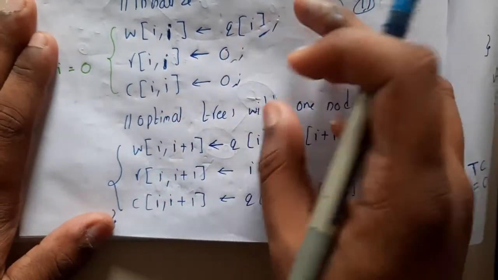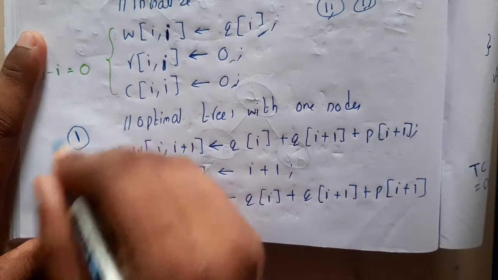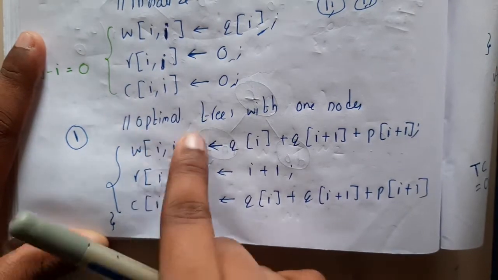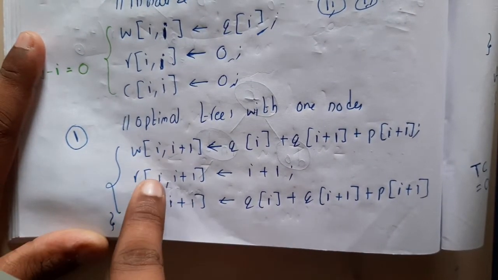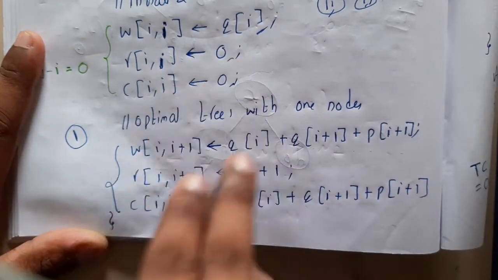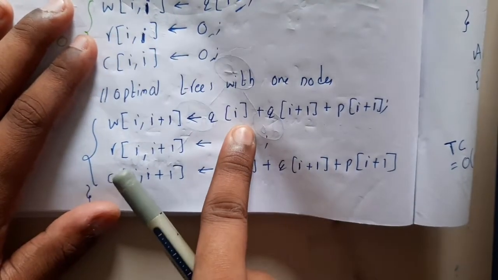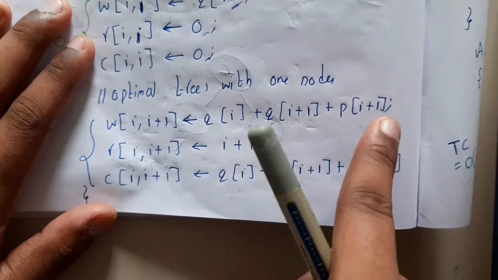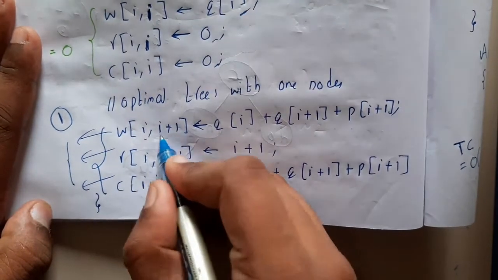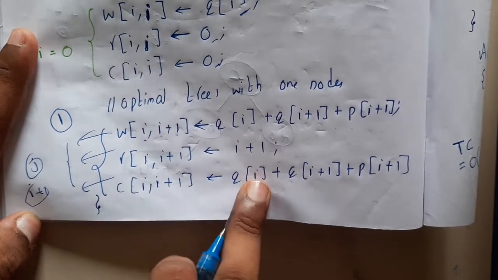The next part is if the difference is 1, that is, a single node. Here the weights of 0 comma 1, 1 comma 2, 2 comma 3 and 3 comma 4, all those four, we will be calculating here only. The simple formula is q of i plus q of i plus 1 plus p of i. These are the exact formulas which we discussed, but in terms of i plus 1. Instead of j we substituted i plus 1, that's the only change. There is no need to remember any kind of formulas.